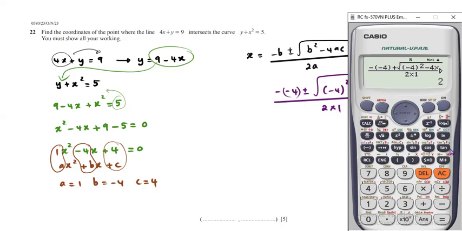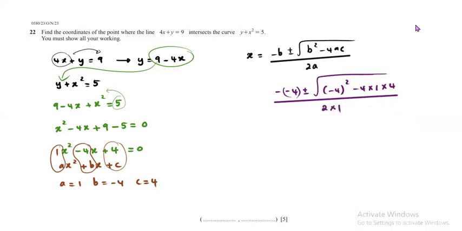Now, we have to do the same thing with the minus as well. So I'm going to change the plus that we have here into a minus and see what we get. Even when it's a minus, we get a 2, which means this gives us the same value for x, which is 2. Whether we have a plus or a minus, we both end up getting the same value, which is 2 for x,